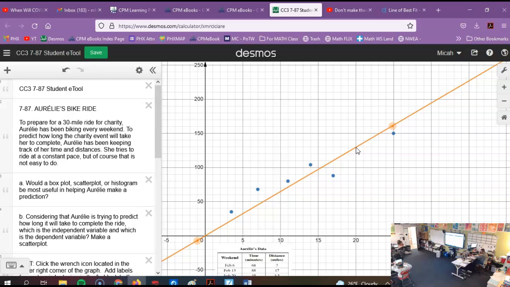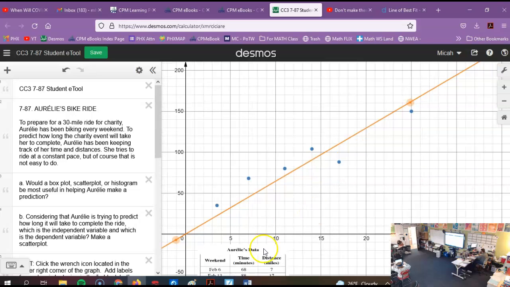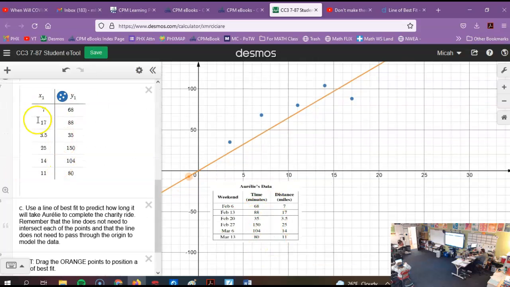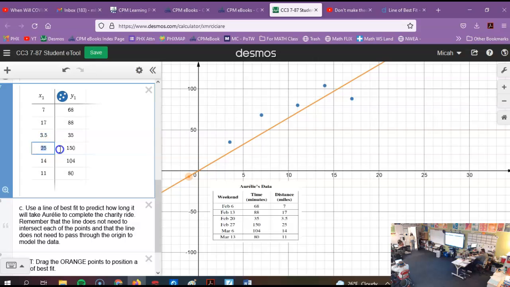Does it matter what order you put the dots in? Not really, as long as you've got your X's with your X's and your Y's with your Y's. So, does the order of this table matter? No. I mean, you can tell they're not in order, right? We go from 7 to 17 to 3.5 to 25 to 14. They're not in order. We could put them in order, but it won't change where they are on the